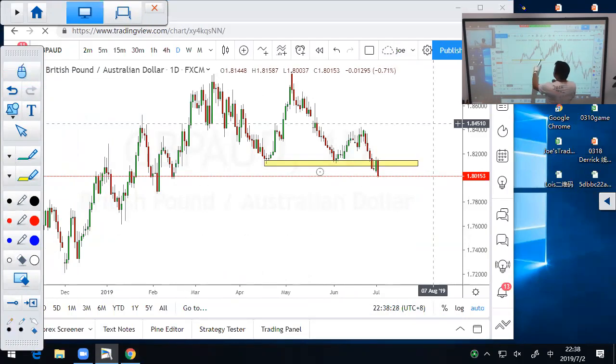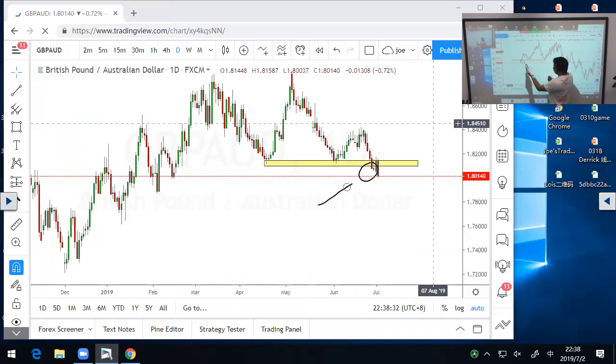Okay, we only want to sell the pullback. Look very closely at this candle. This candle breaks a new low, and then Monday opens and it pulls back to here. So that's the best part when you short here. You sell here, and now you've already earned